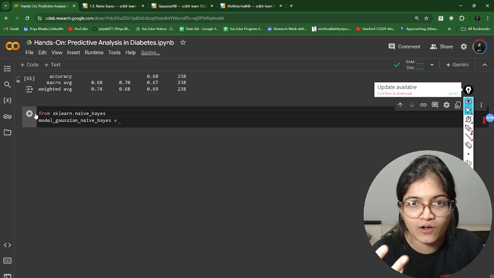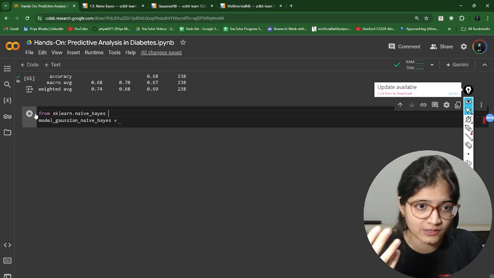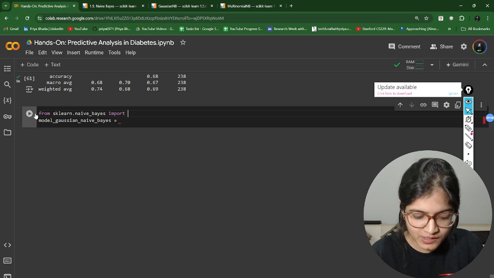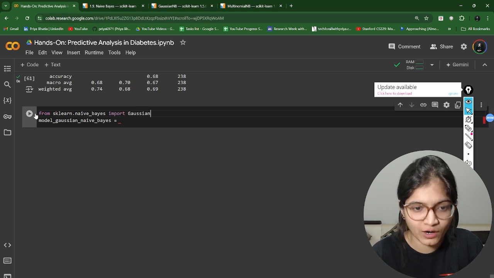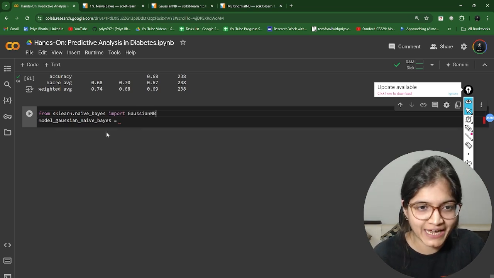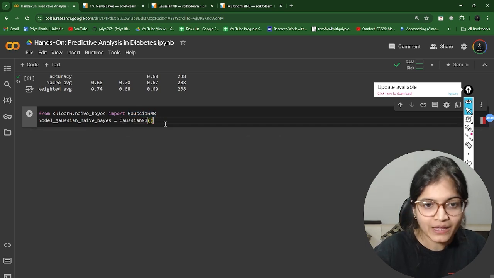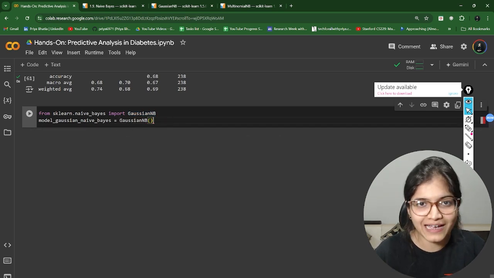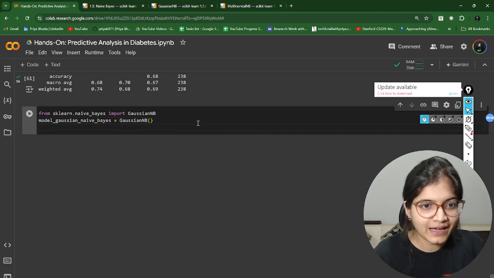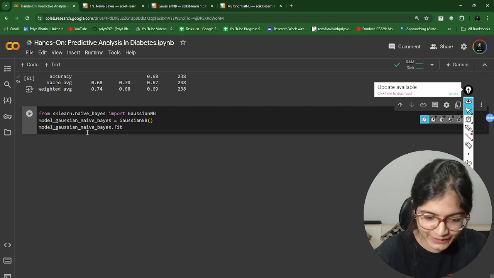Now, when you're saying sklearn.naive_bayes, it contains many algorithms and many varieties, which I just now talked about. We want to import a single one of them, which is GaussianNB, and that's what I have imported here. Now I can call this model directly, and for now I'm taking the default values here, right? After that, we can just fit our model on the training set that we have.